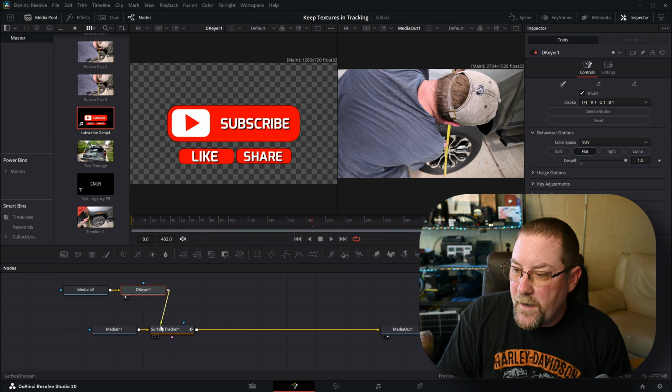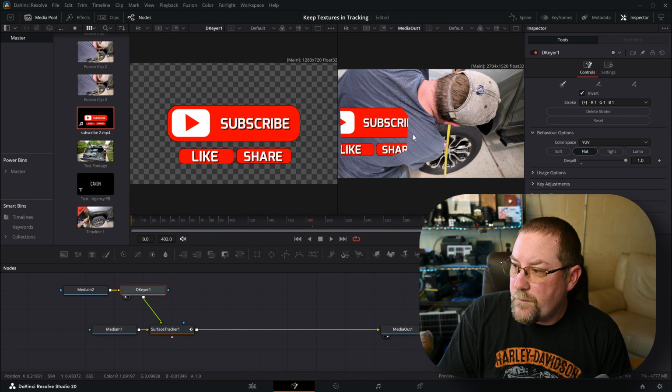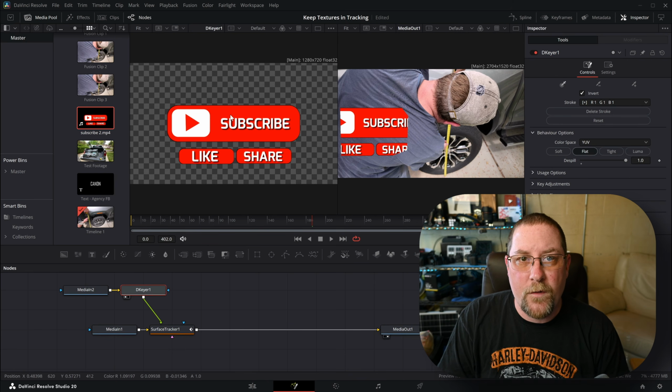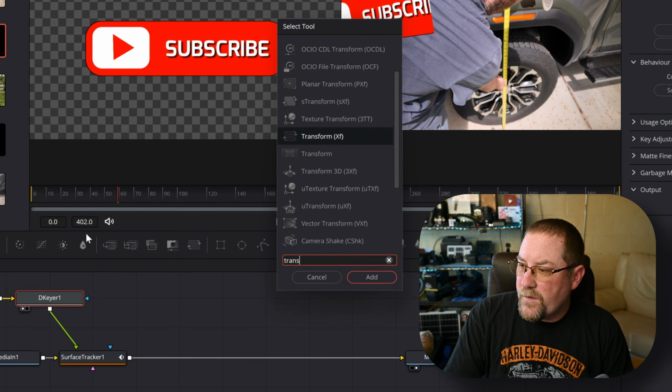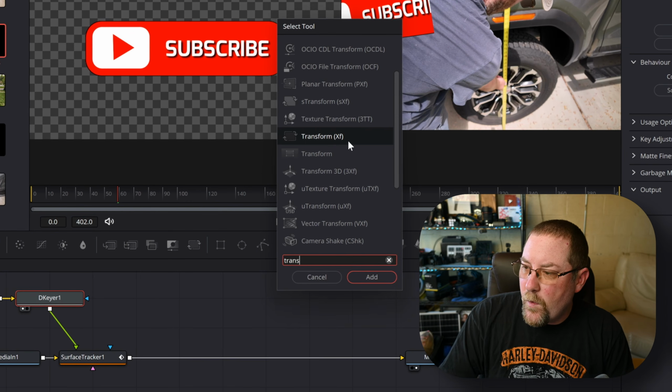Now if I drag this in, hey look, it's transparent. That's pretty close, right? Almost. But now we need two different transforms. The first one is going to change the size, and the second one is going to give us the right perspective. So with D keyer 1 selected, Shift Spacebar, type in Transform or Trans, and the Transform XF is the